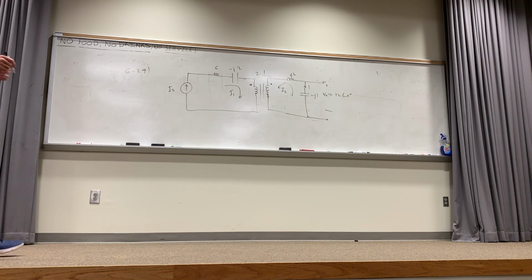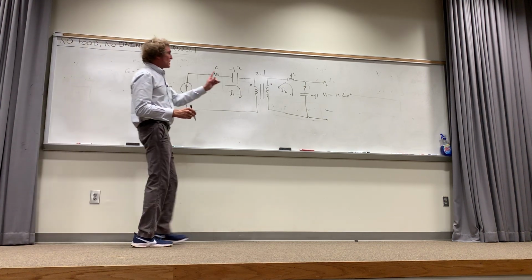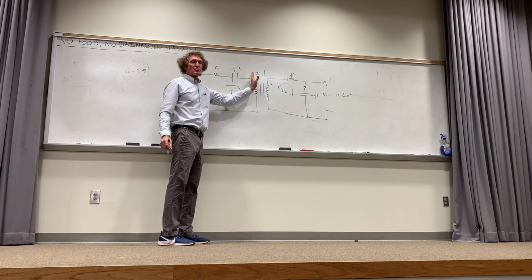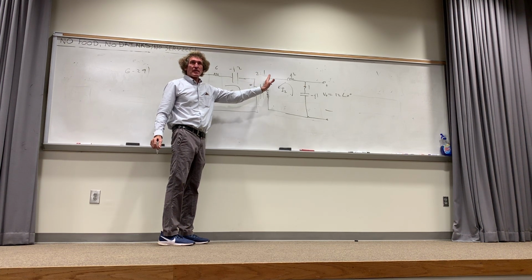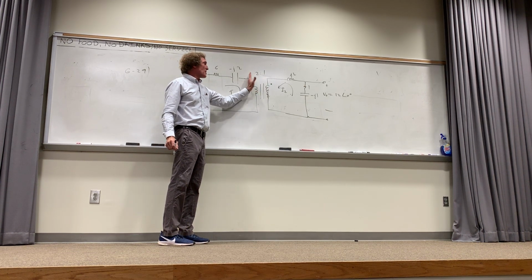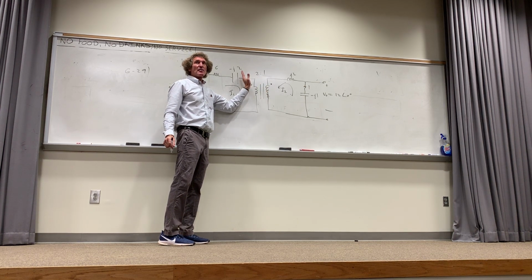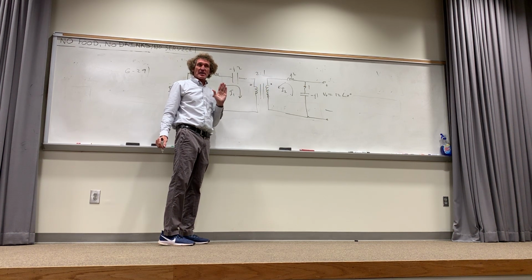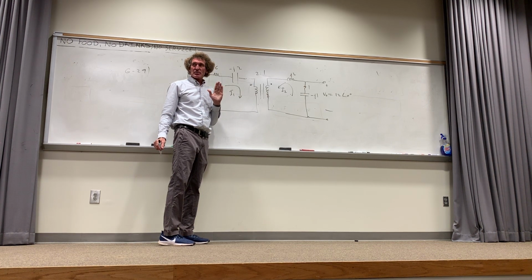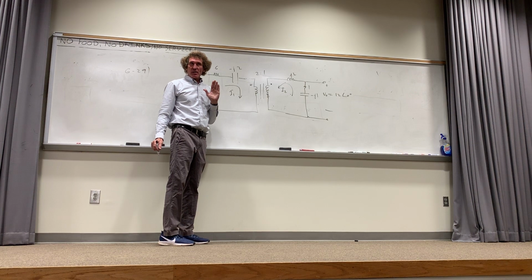Now, be attentive here. 2 to 1 means there are twice as many turns in the primary as in the secondary, right? That means the primary voltage is 2 times that of the secondary voltage. The primary current is only 1/2 that of the secondary current. It's important that you see that. Everybody with me on that? You have to understand what turns ratios mean. And I'll put them up there in a second.